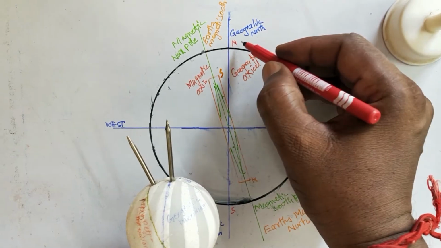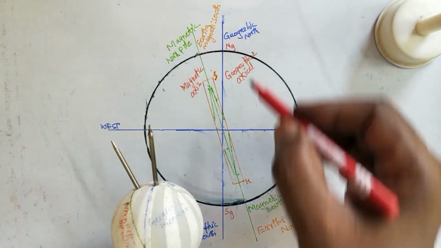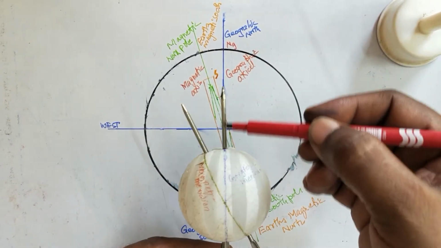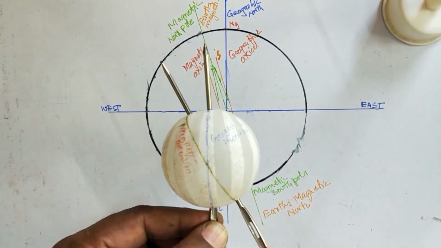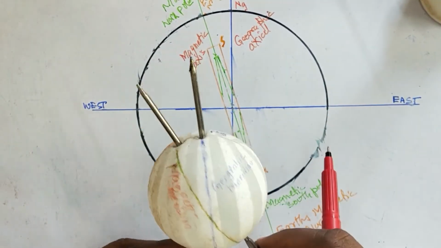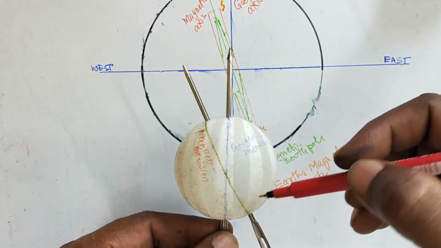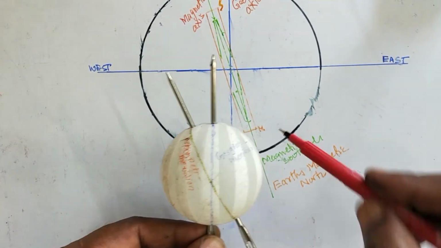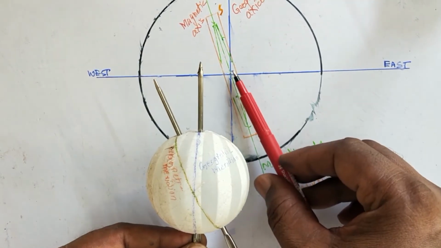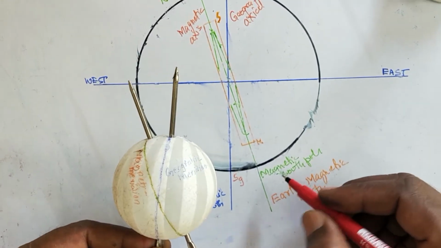So this is geographic north and this is geographic south. This line that is passing through the center of this ball is called what? Geographical axis. And this line that is passing through the center of the earth through the magnetic poles,